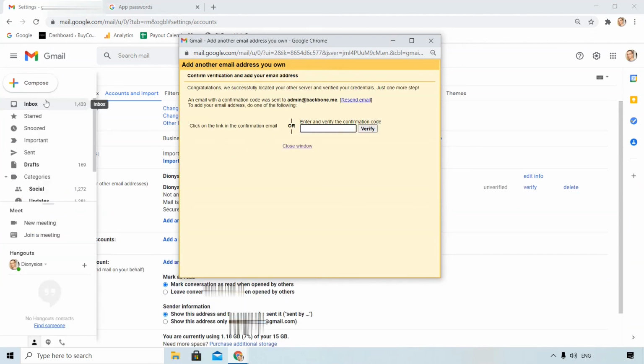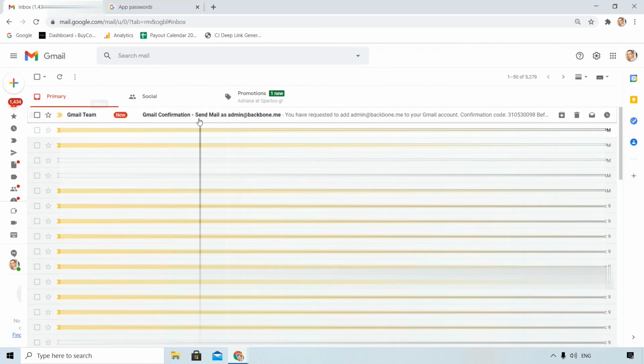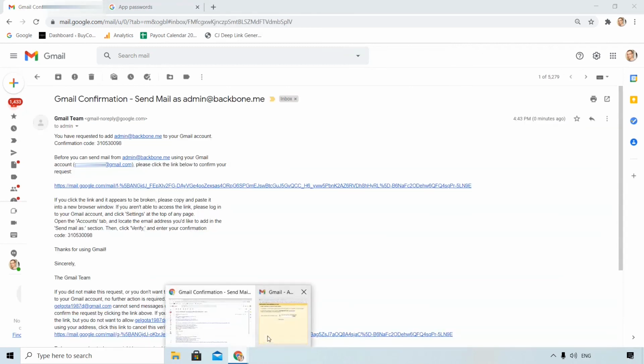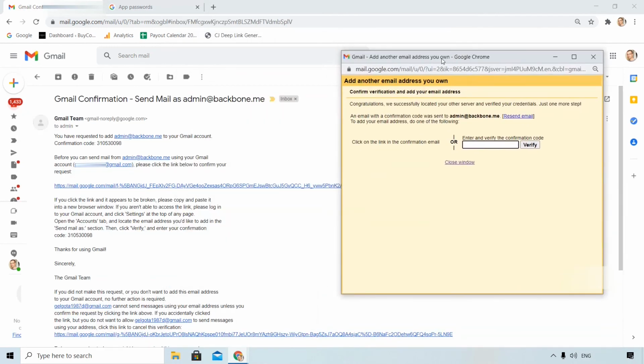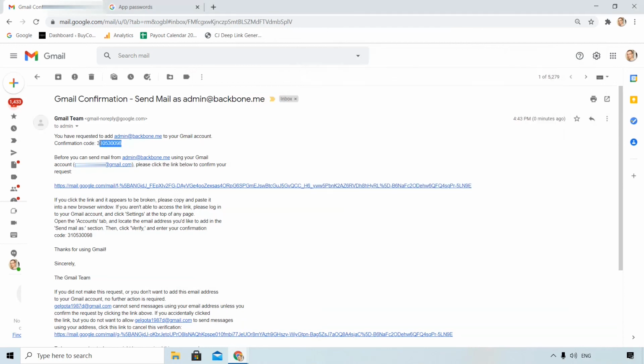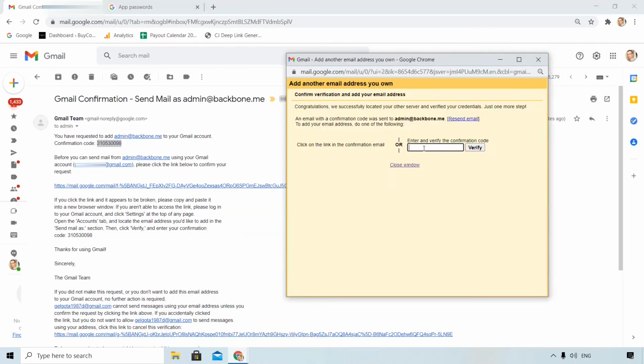Then we will find in our inbox a confirmation code. We will use that, and after that we will click the link from the email we received.